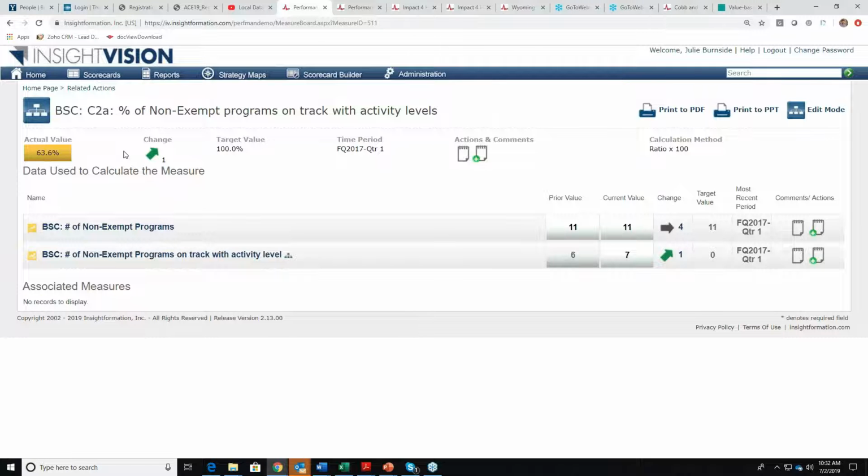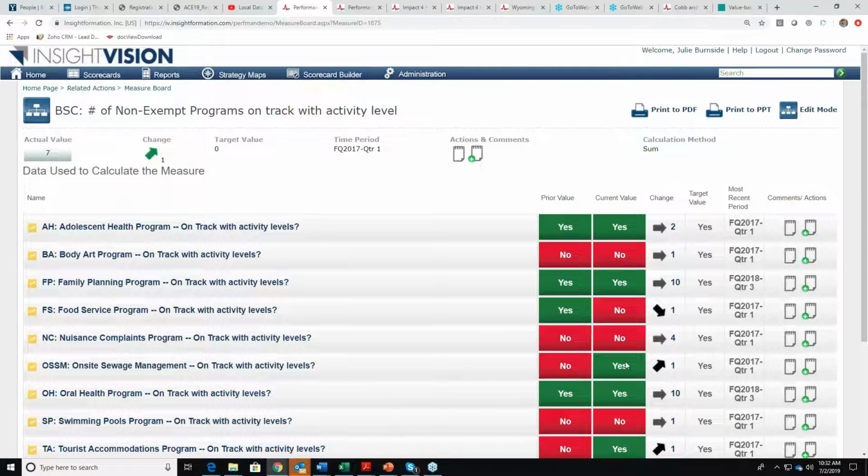And it says here's the measure and how it's calculated. And then here's the data used to calculate the measure. In this case, the number of non-exempt programs and the number that are on track with the activity level. Well, in this case, this is calculated, I can see by this icon here. And if I click, it shows me each one of my programs and whether they're a yes or a no, which gets me to the number that I have that are a yes. And it also lets me see which ones I might want to talk to in order to nudge them and spur them to get on track so I can get more yeses here so my measure can move in the right